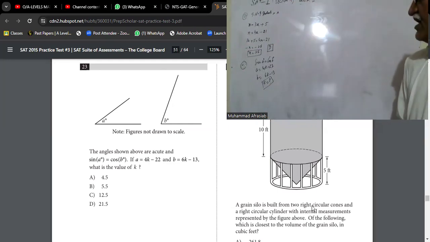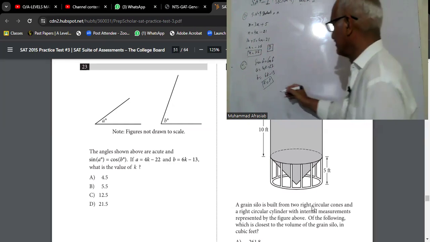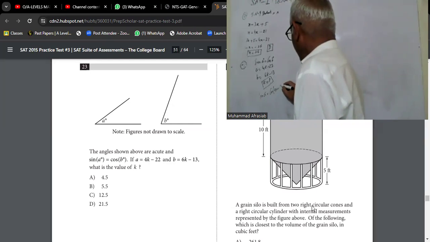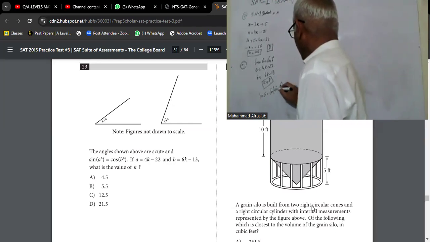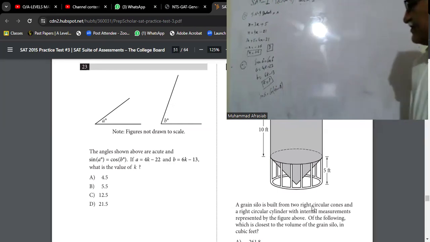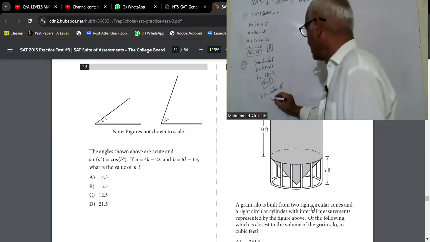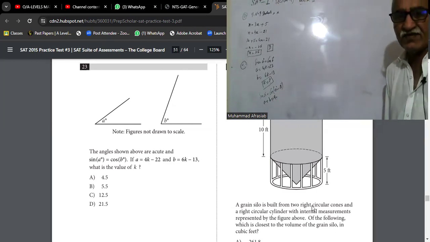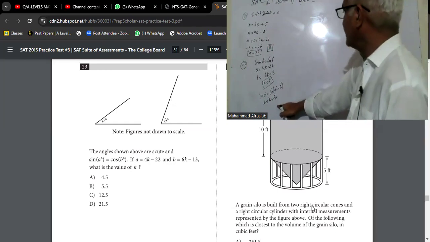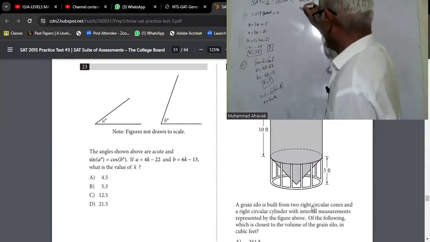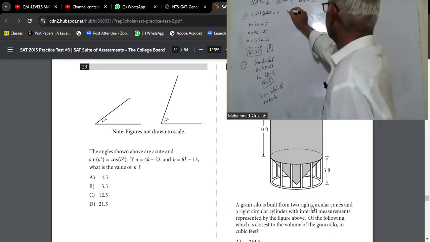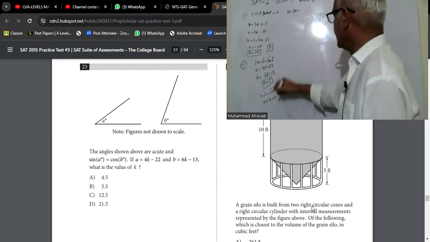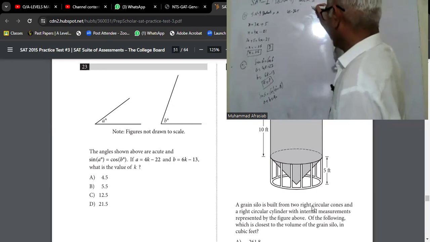Since sine of A is equal to cos of B, and we know that sine of A is equal to cos of 90 minus A, because they are complementary angles, A plus B is equal to 90. Now we put the values of A and B in this equation, where A is equal to 4k minus 22 plus B is equal to 6k minus 13